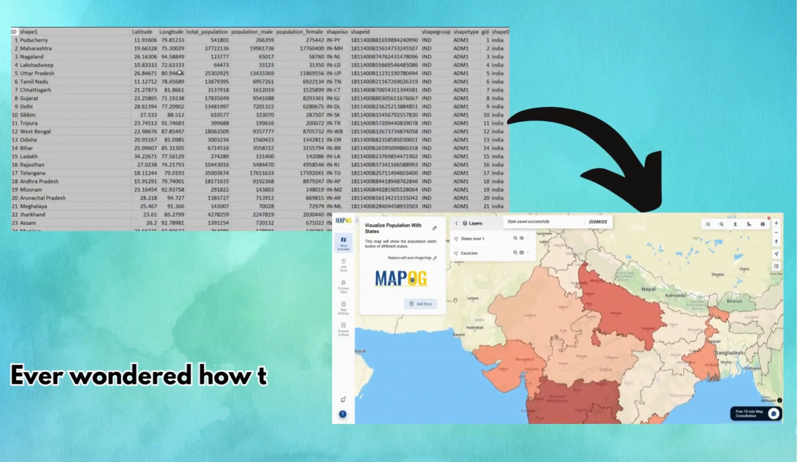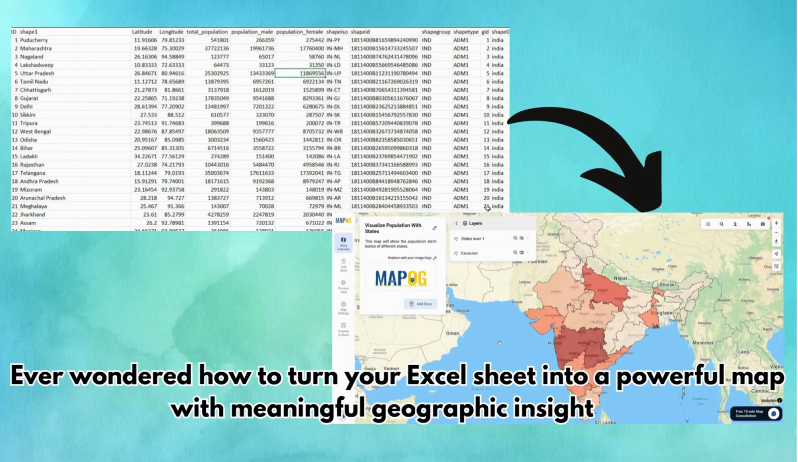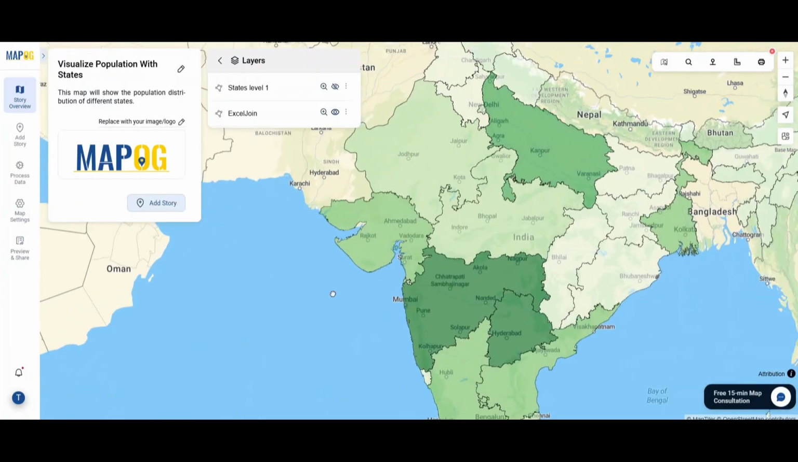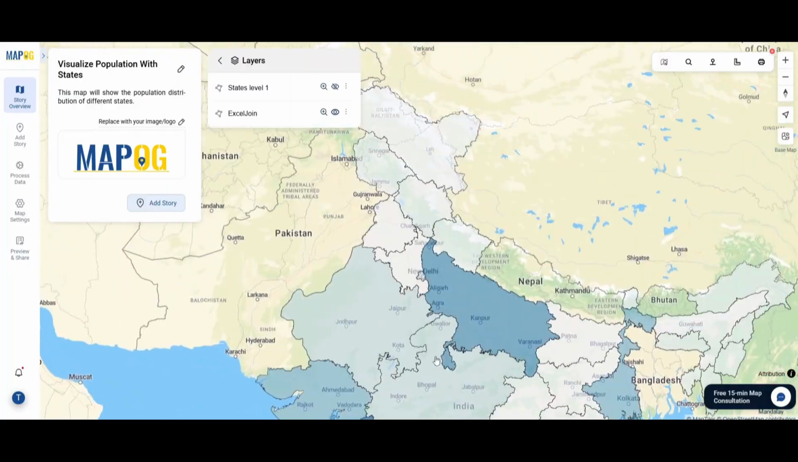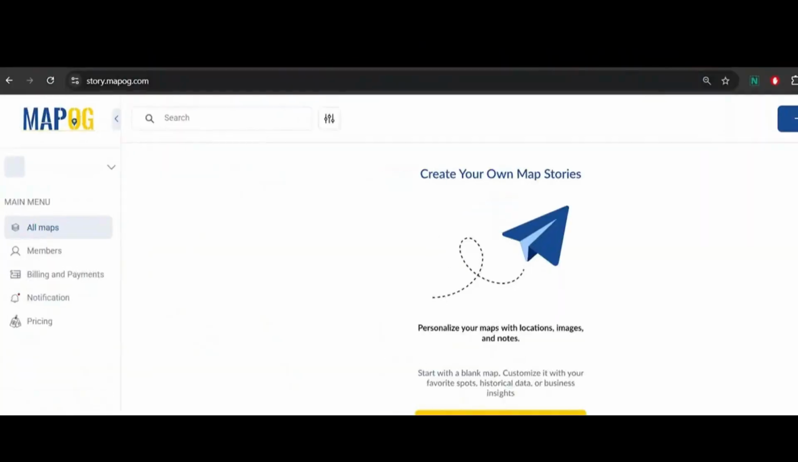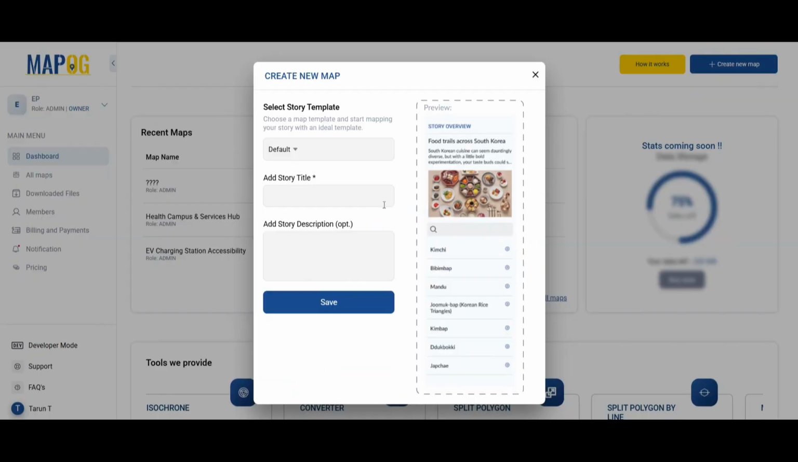Ever wondered how to turn your Excel sheet into a powerful map with meaningful geographic insights? Let's see how you can do this using Excel attributes in MAPOG, a user-friendly platform that brings your data to life. Start by heading over to story.mapog.com, click Create New Map and give your project a proper title and description,